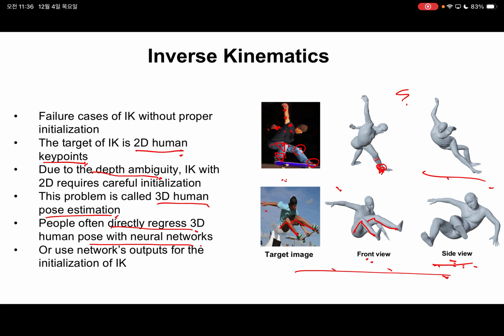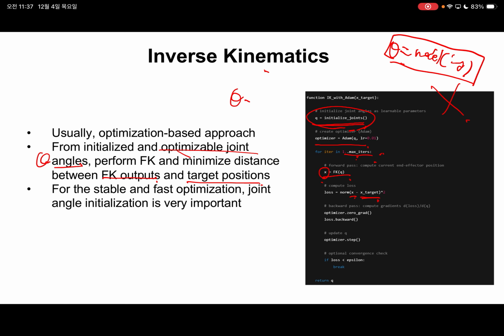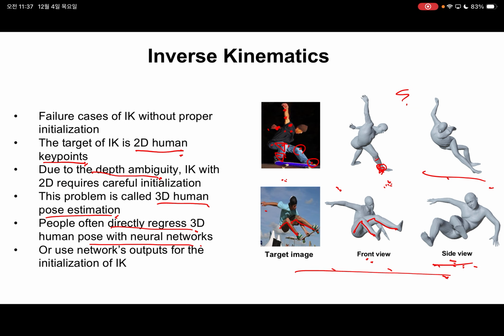But back in the day, people used to try this kind of iterative optimization approach. Or in some cases, this kind of optimization is still necessary. For example, this is a human, but let's say we only have 3-finger robots, and there is no pre-trained neural network for 3-finger robot pose estimation. Then how can we do that? Just iterative IK, that is one way we can do it. If there is no pre-trained neural network for 3-finger robots, the only solution we can choose is this kind of IK approach.